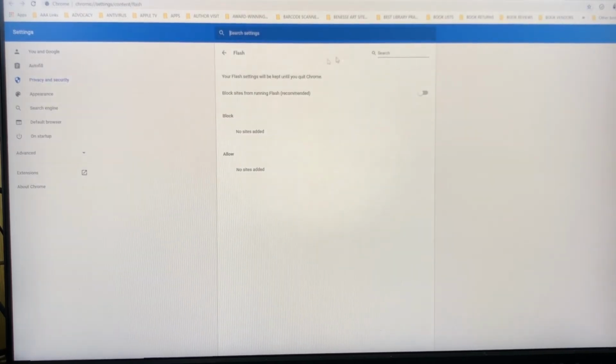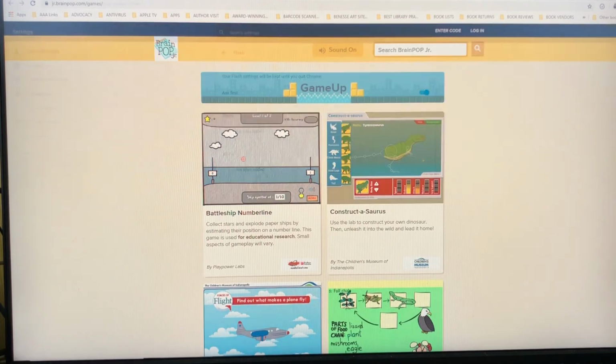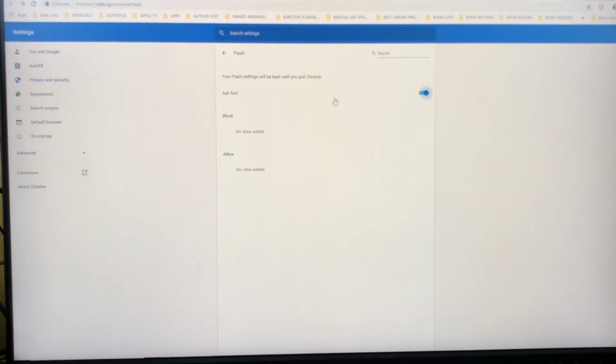Actually, I'm going to go from up here. Click on Manage. Flash was blocked on this page. Let's see if we can turn it on. Okay, once I set this up for the Flash setting where it says your Flash settings will be kept until you quit Chrome, ask first.